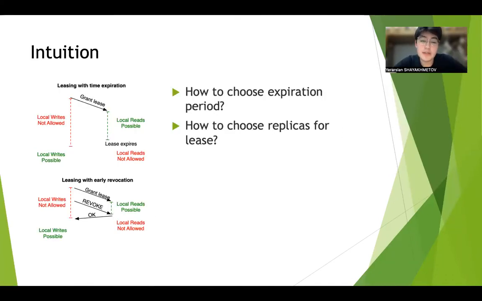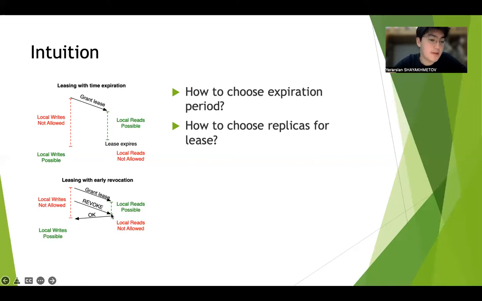Now, as we got a basic idea of how it works, let's go through the intuition and the revoke mechanism. And after that, we'll ask some important questions about the implementation part. So, what is the revoke mechanism? For example, when some process grants a lease to another process, assume the process on the left grants a lease to the process on the right, and the left process, after some period of time in the middle of the expiration period, wants to change the object. If it wants to change the object, it sends the revoke message to the process on the right, and after that,